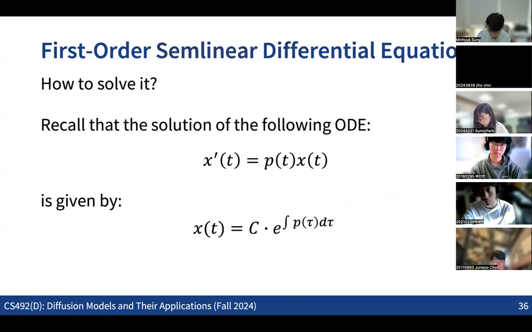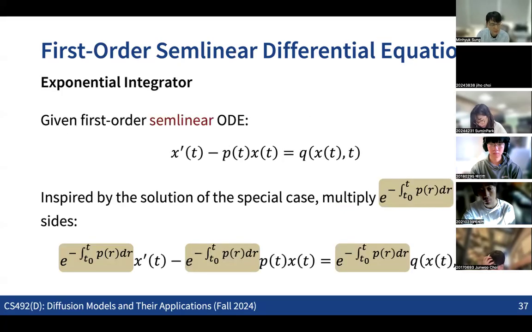Before that, let's recall the simplest case. When we do not have the offset term here, we have seen the solution, right? Based on that, there are actually multiple ways to find the solution for this specific ODE formulation for the semi-linear case. But we are going to see the example with a technique called the exponential integrator, which is basically nothing but multiplying some exponential term on both the left-hand side and the right-hand side. And don't ask me why, but based on some inspiration from the simplistic case,